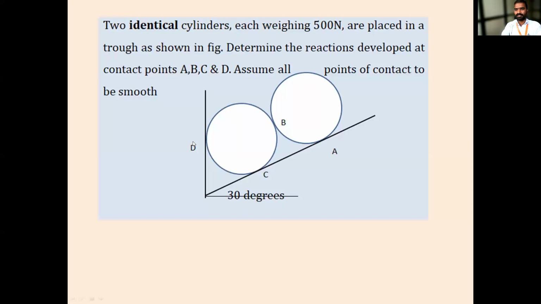In the last class we have seen the equilibrium of rigid bodies. Here we have seen what equilibrium is and what the types of equilibrium are. We also saw the Lami's theorem, and we have seen problems on single bodies, where only one body is considered and we find the unknown reactions by applying the theorem.